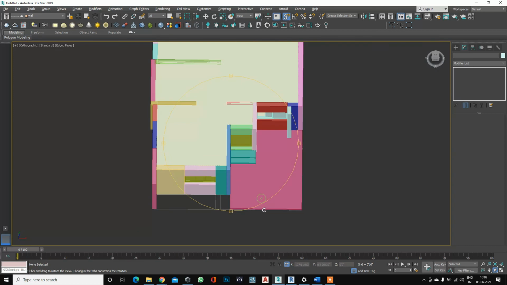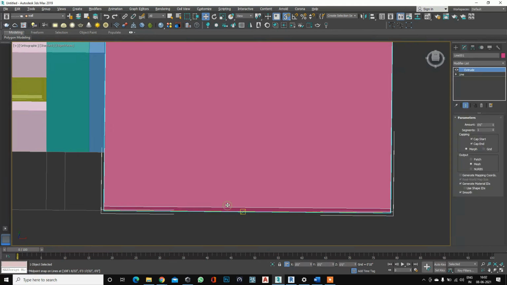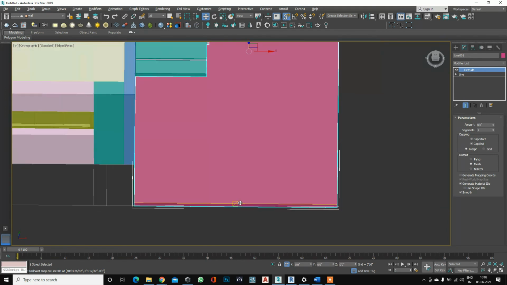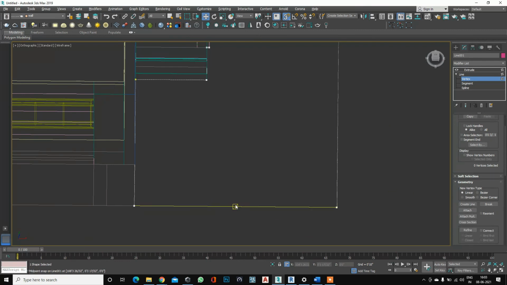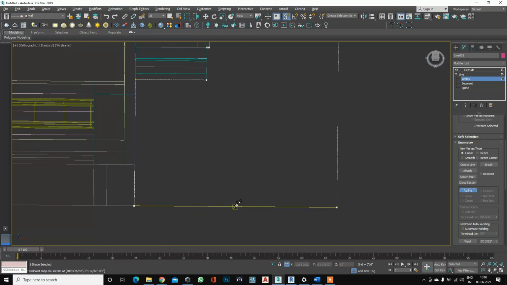Now if I want to break this portion in two, from here you can add a vertex. Adding a vertex is nothing but breaking the existing segment, so that we can use refine. From refine you can see the option to place a vertex. So now our parameter is changed, our vertex is added.